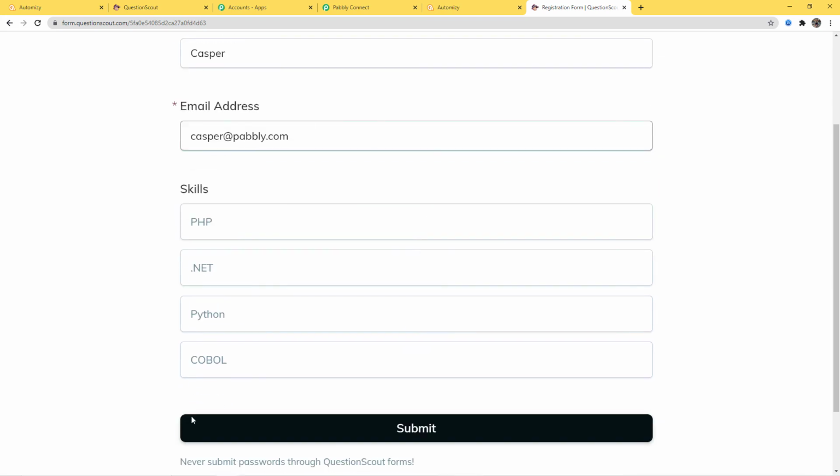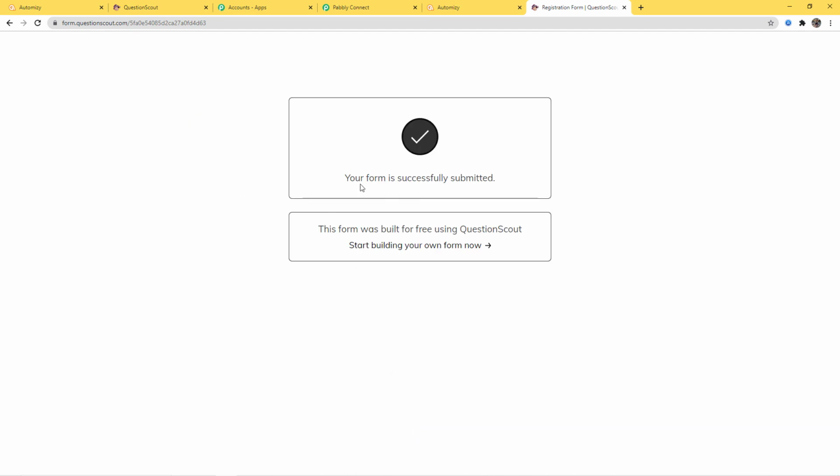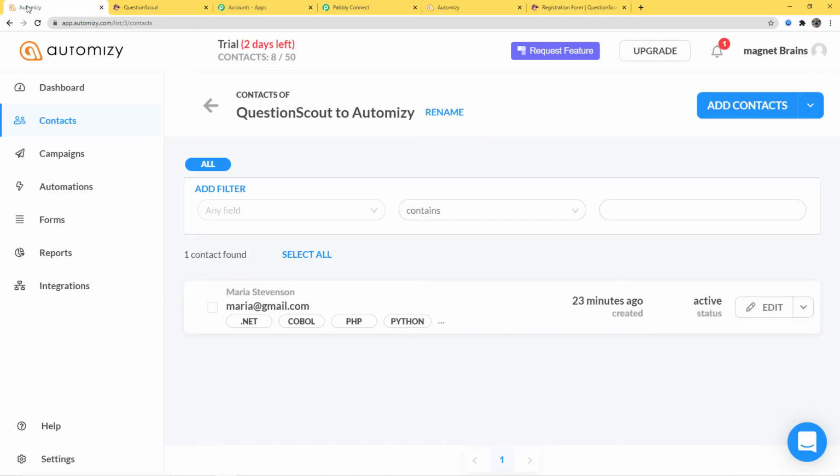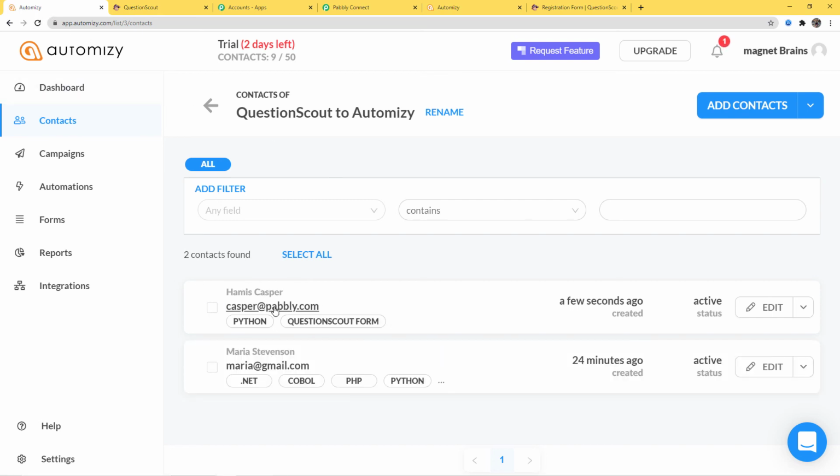And this time in these checkboxes, I am going to choose only one. So now submit. Okay, form is successfully submitted. Now let's go to Automizy. I am just going to refresh this page. So now you can see Hamis Casper is over here and he has only got the tag that he selected, Python. And this Question Scout form is the dummy tag that will be there for all the contacts.